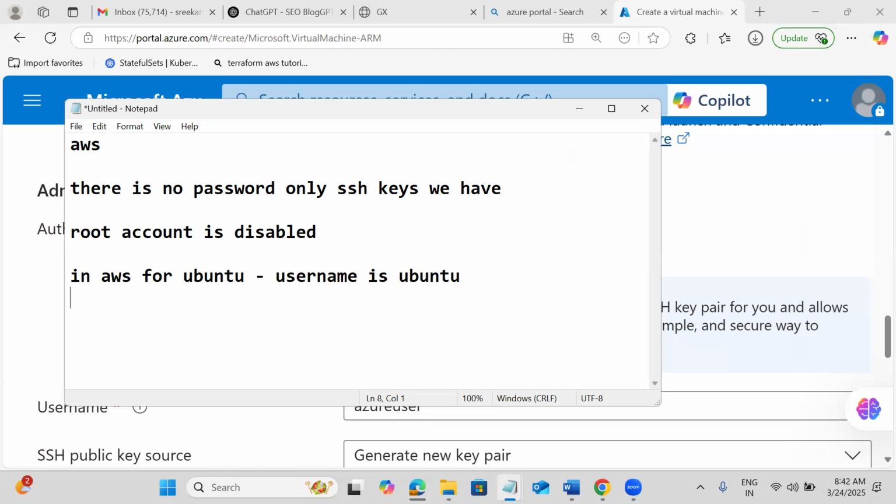But in Azure, the option they have given is that we can configure our own username. Suppose I don't want Ubuntu itself, but if you want Ubuntu also you can give. But some reserved words like administrator or root, these kinds of usernames have been disabled. Okay, in Azure